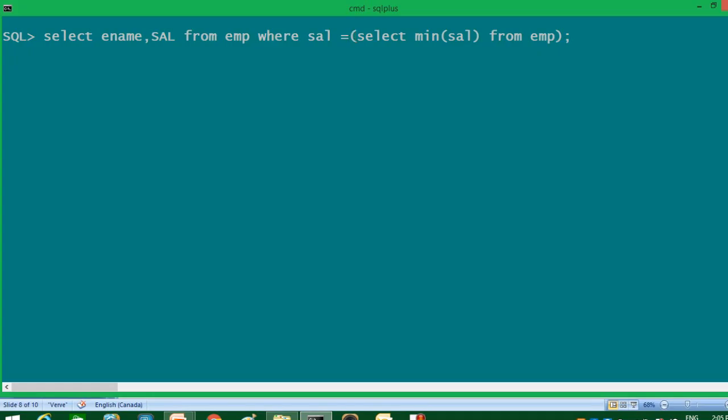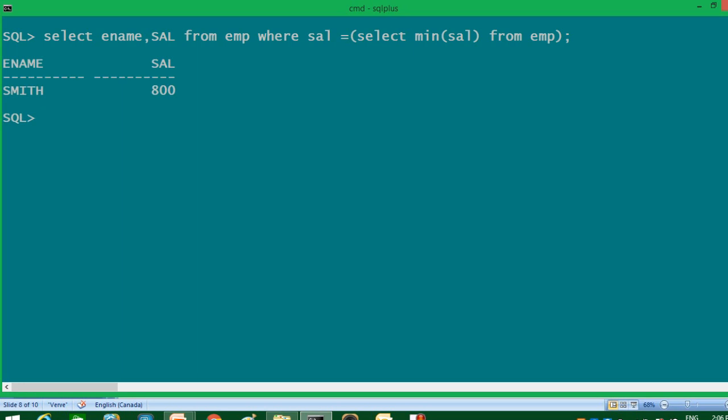I'll write select ename comma salary from table name where salary is equal to. I'm deliberately using the is equal to operator here because I know the minimum salary is going to return only one value, because there can be only one salary which is minimum. So I will write select minimum salary from table name. The output of this internal query will become the input of the external query, and let's see what the result is.